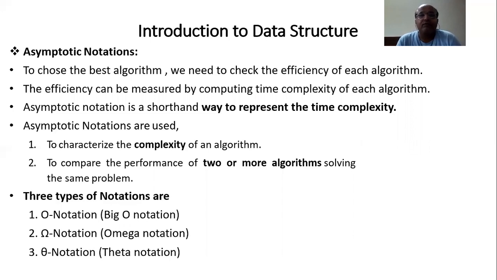Then after we have discussed the best case, worst case and average case, now when we are trying to calculate a time complexity, obviously we'll have three categories of time complexity: best case time complexity, worst case time complexity and average case time complexity. When you are trying to represent your time complexity, it belongs to some particular case. Either it can belong to best case, or worst case, or what? Average case.